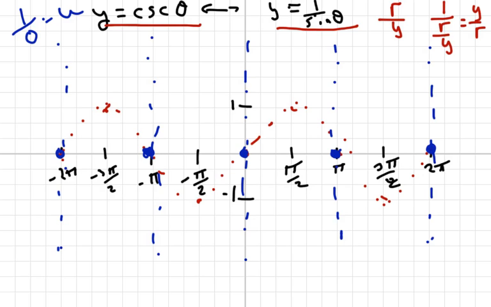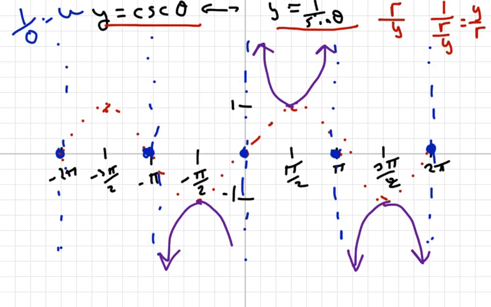And now all you're going to do is draw valleys and mountains. So here's a mountain. Here's a valley. Here's a mountain. And here's a valley. Now if you want, you could erase the sine wave that you drew earlier. And now you have your cosecant parent function. Same thing for